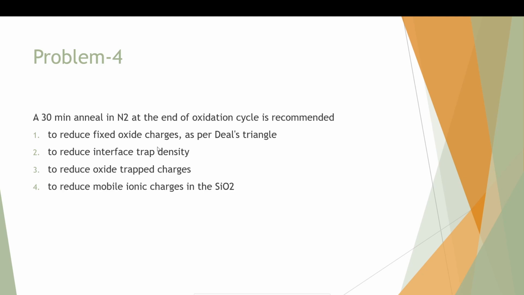Two is an ambiguous option. So it's very difficult to say. So when we do a H2 plus N2 anneal, so forming gas anneal, then it will help in reducing the interface trap density, because in that case the silicon dangling bonds will be satisfied by the hydrogen in the forming gas. However,